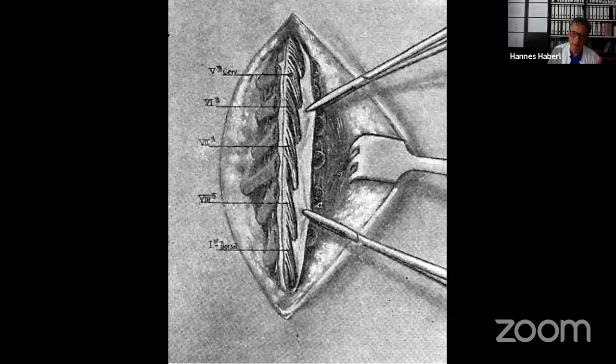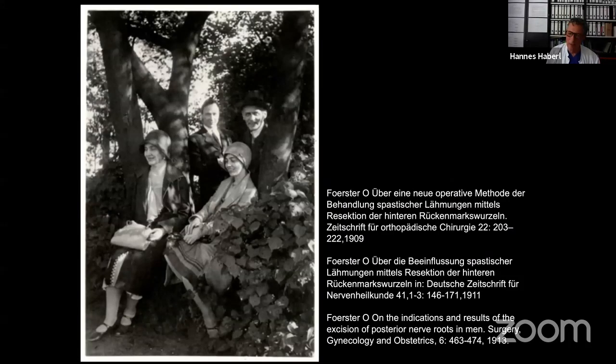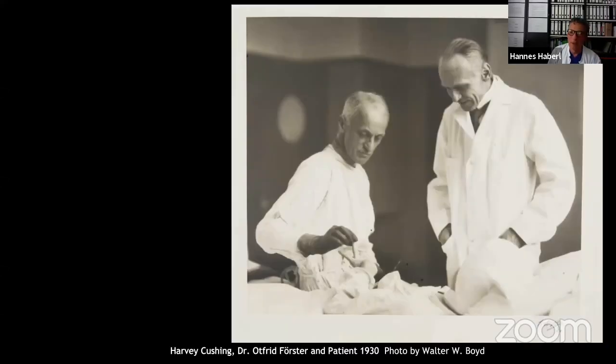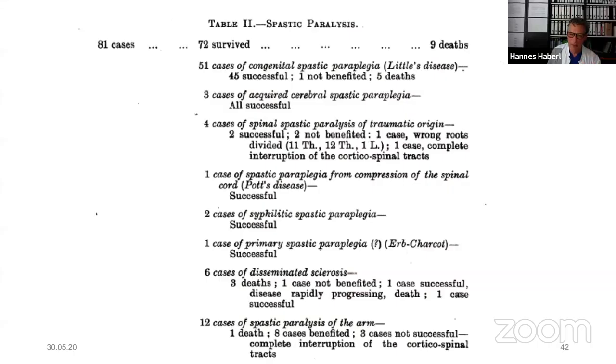And they collected, as we can expect, various, let me put it politely, various results. And at the end, the method was disappointing because it was used in a very diffuse number of indications. And at the same time, Förster, here with his pupil Wilder Penfield in Germany, and here touring through the United States with Cushing, Förster focused the surgery on spasticity, and